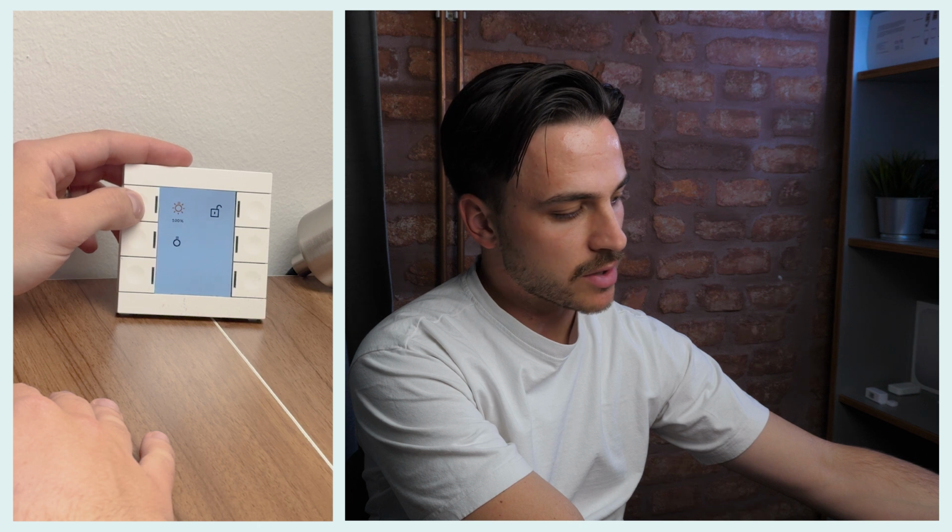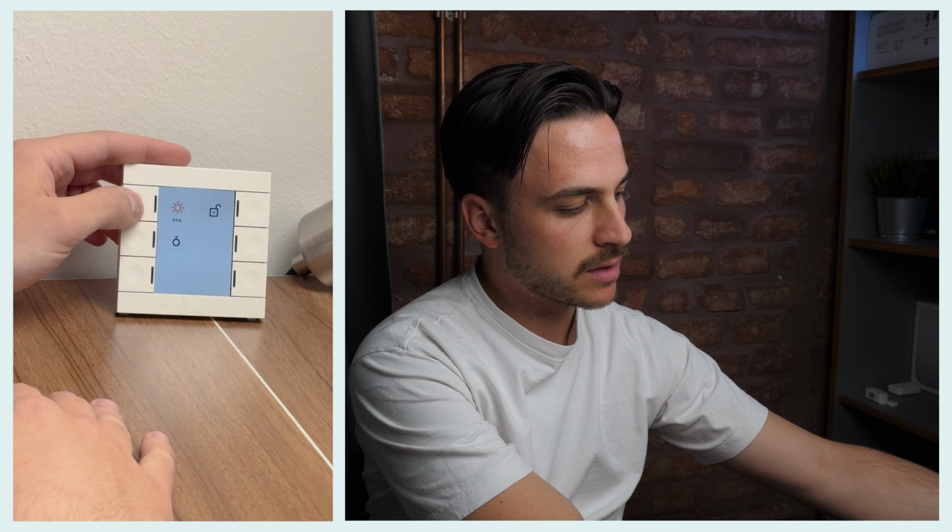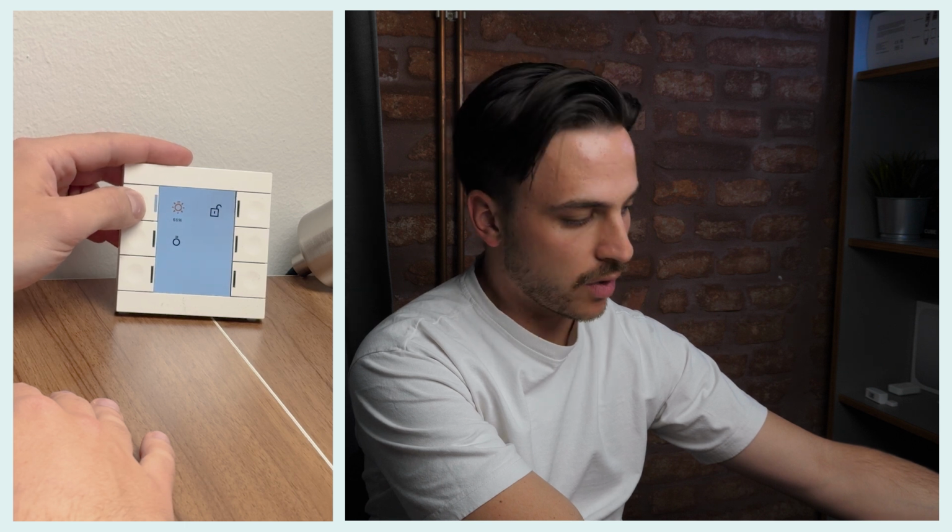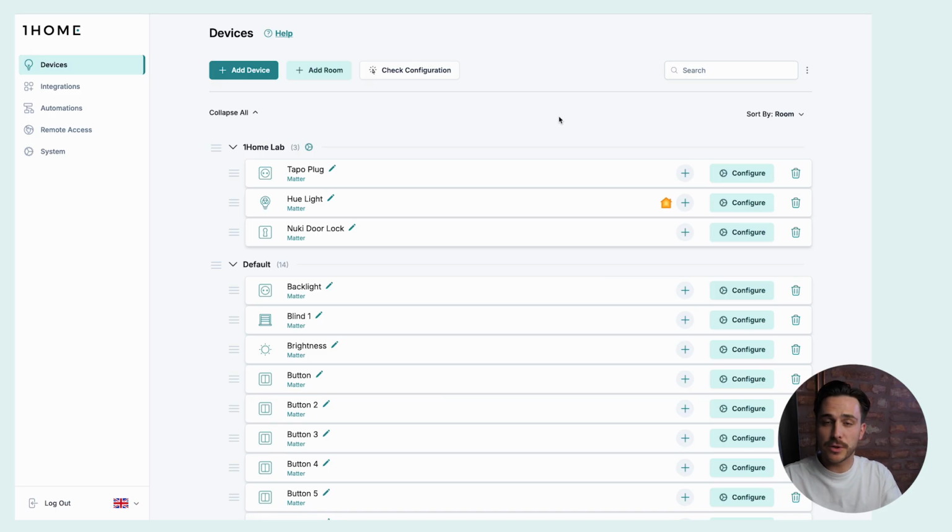And then we can dim it also. If we hold down, we see it dims to 51%. If we let go and then hold again, we can dim it up. And that's how you control a Philips Hue light with an MDT push button, using only group addresses and the sprinkle of OneHome, of course. Let's continue. Let's control a Nuki smart lock with a KNX push button.